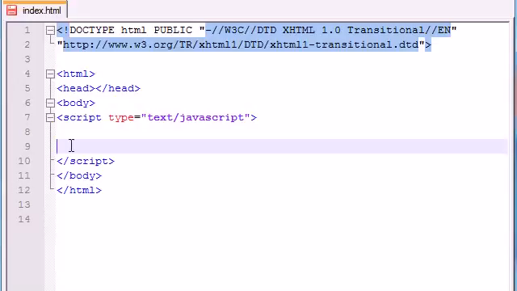So before I get into the date object even more, I want to show you guys a special function that we're going to be using, and that's called the set interval function. So what the set interval function does is